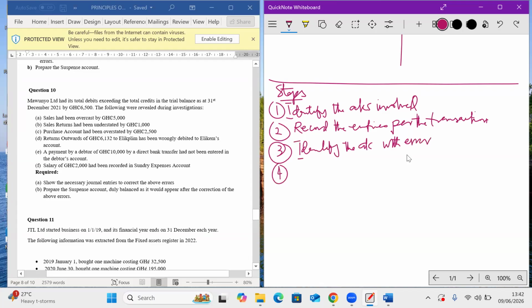4, identify the account with error. 4, ascertain